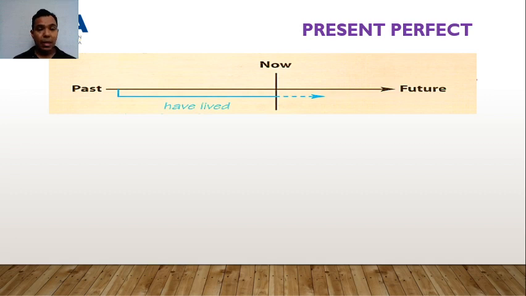It's a different tense that represents some space in the past that may continue into the present or even into the future. For example, "have lived" in the image is an expression or situation that began in the past, but it's probably that you have lived in the same house for 15 years and you are right now in your house. So it started in the past and may continue now and possibly into the future.